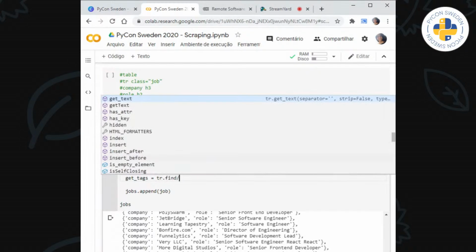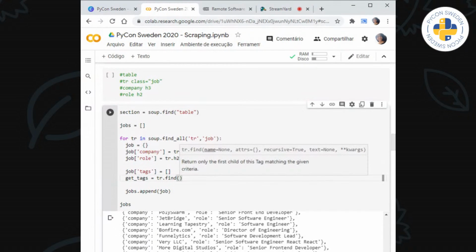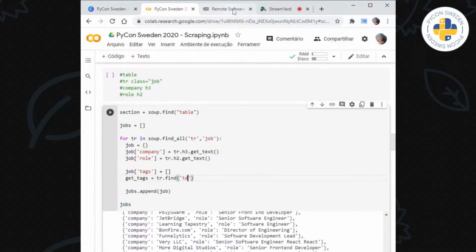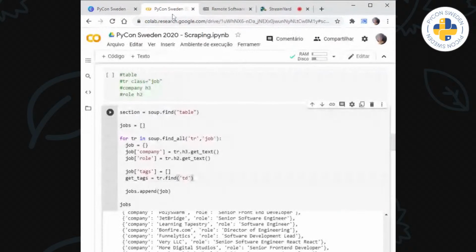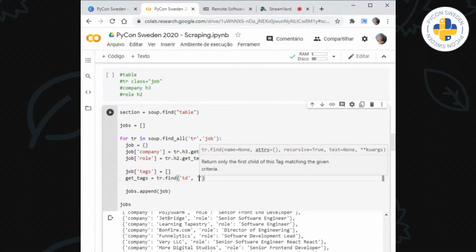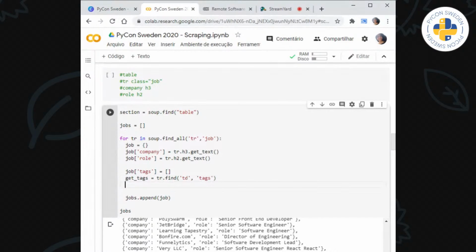So I'm going to find a TD, with the class tags, right? So in here, I should already be getting the column itself, and because of that, I'm going to go through every link that is inside the column because there are many of them.